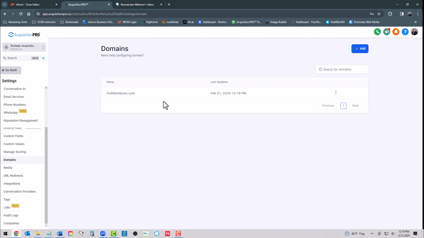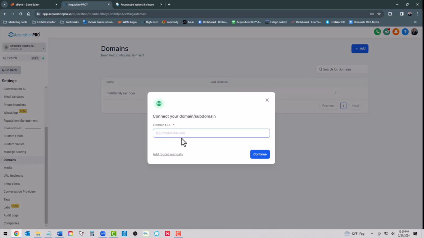That is now set. If you don't have or don't want, because you have an existing website, to move your website to AcquisitionPRO, and I don't blame you, you don't need to. Set up some kind of subdomain. So if I come up here and I hit add, and I want to create a subdomain, then I can go